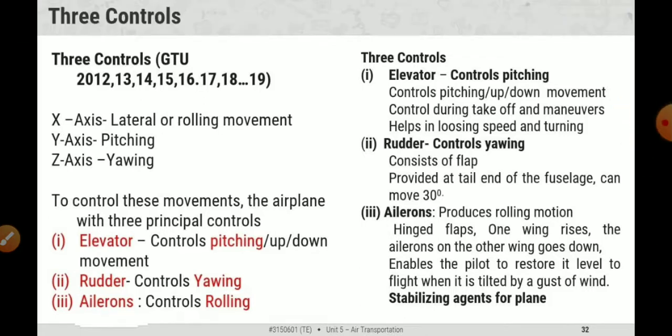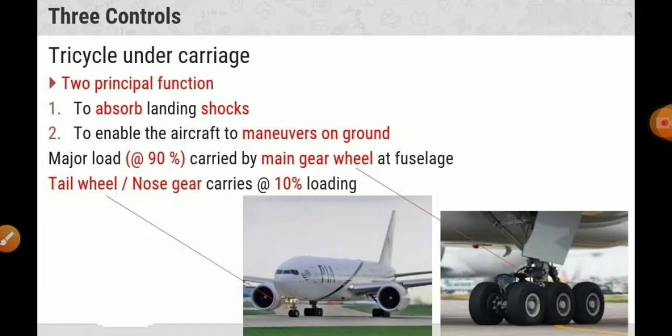Now in the next, the last portion, the seventh part, is the tricycle undercarriage. As you can see in the pictures, it shows the wheels, the rear wheels and the front wheels. In this picture, the rear wheels are 3 on 3. So in one there are 6 wheels, with 2 sets on each wing. So 12 wheels on the rear and then the front wheels are 2. So there are a total of 14 wheels in the front view shown here.